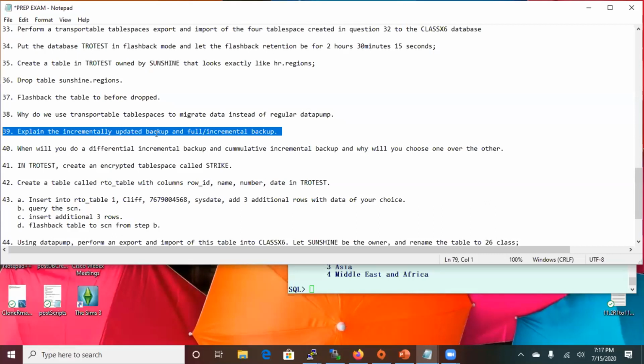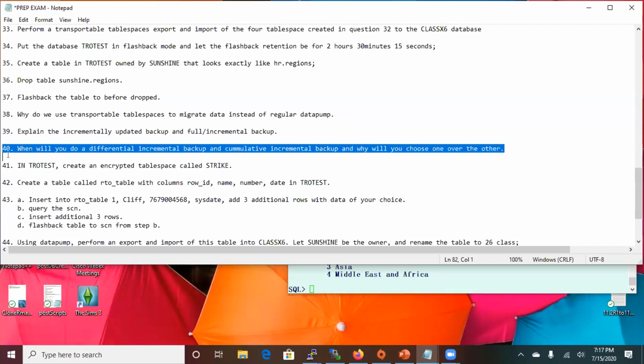Now, question 40. When will you do a differential backup and cumulative backup? And why will you choose one over the other? That question is since DB1. So I guess it depends on your service level agreement. Perfect. It depends on your service level agreement. Exactly. So now, can you have a scenario? I think if your service level agreement,